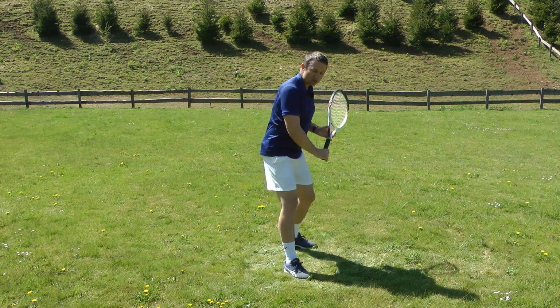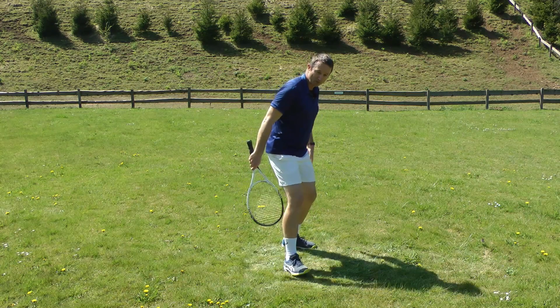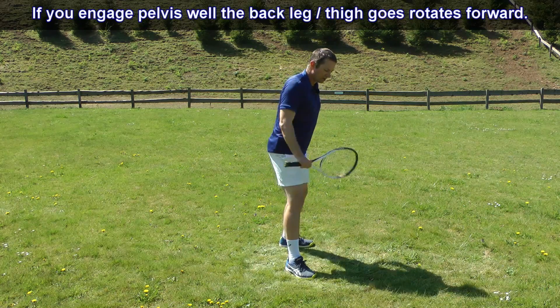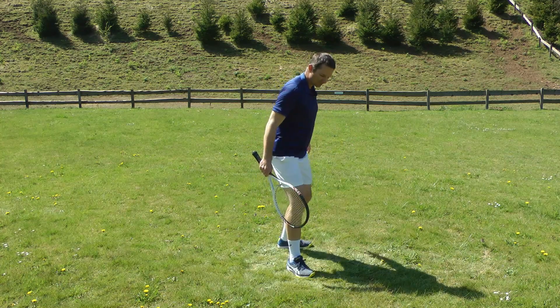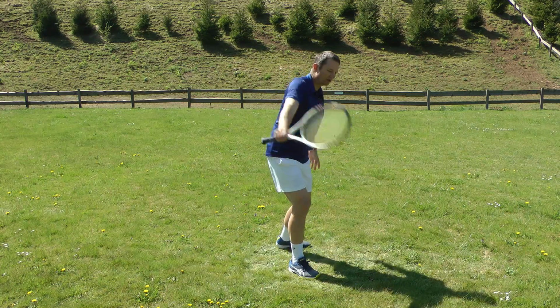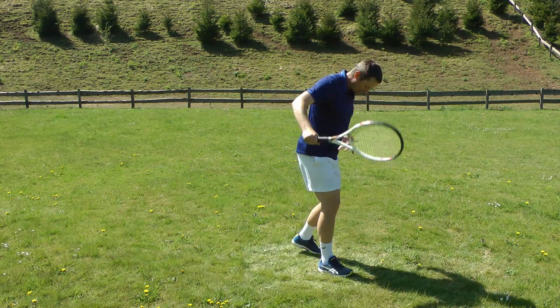Even with these exercises, when you do weight transfers, you must try to go with this back thigh. Maybe you can be aware that it's moving forward, that you're not doing this, but this. So the mistake would be hitting a backhand with no pelvis. If you play mini tennis, or just hit the ball gently, then maybe this one is